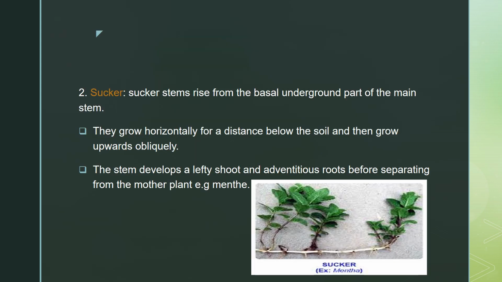The sucker stems arise from the basal underground part of the main stem, the basal underground part of the mother plant stem. So the sucker arises there. They grow horizontally because they are creepers, so all of them grow horizontally for a distance